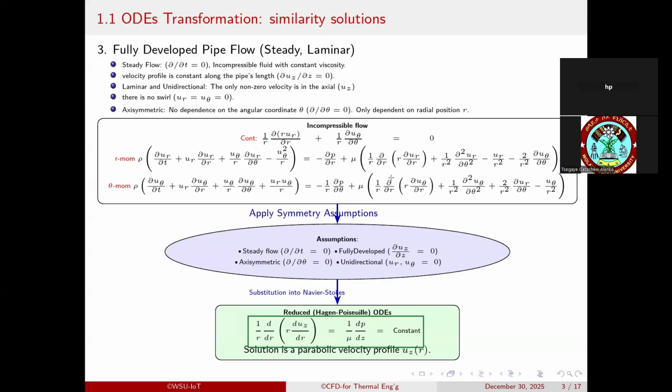The other simplification or ordinary differential equation transformation problem type is shear driven flow, also known as Couette flow,